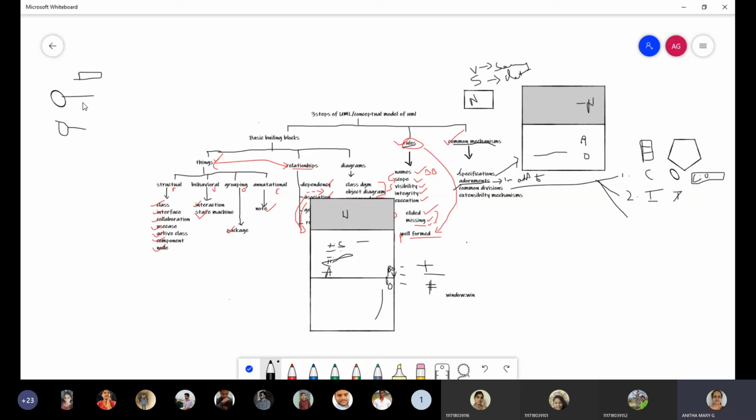How can I give a component? It is a two-tabbed folder. Whatever we are talking about, we should be able to express in graphical notations. Here, using this component, say Spelling.dll, it's given. DLL means